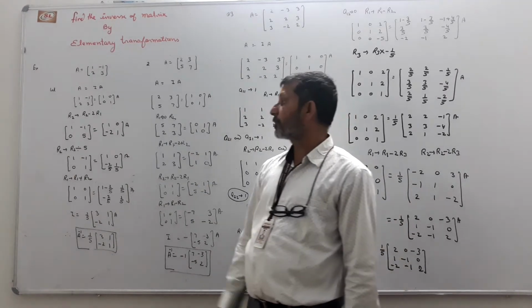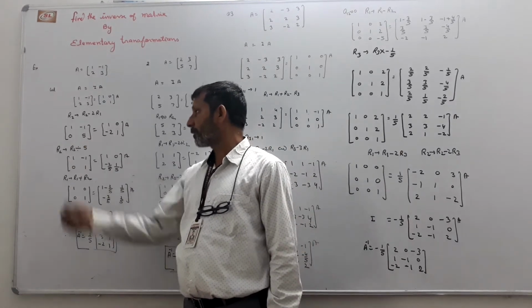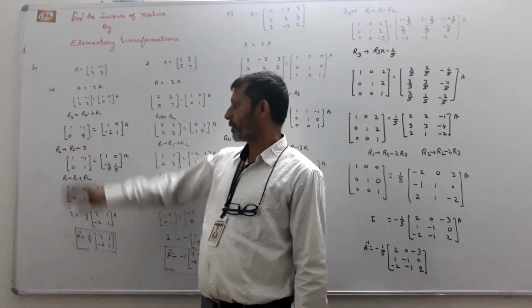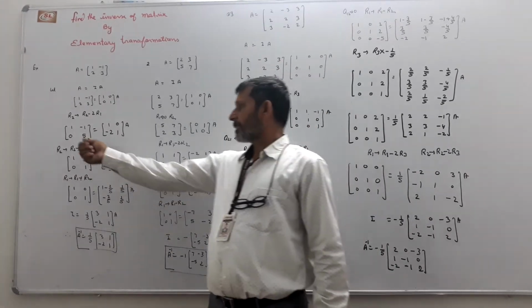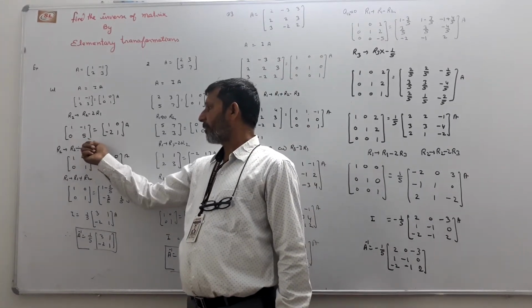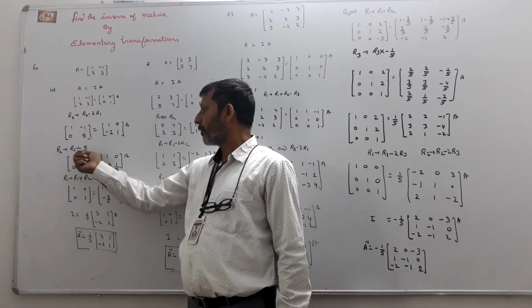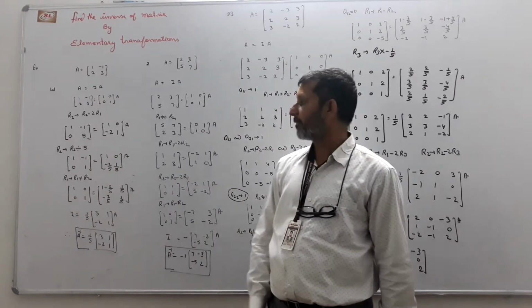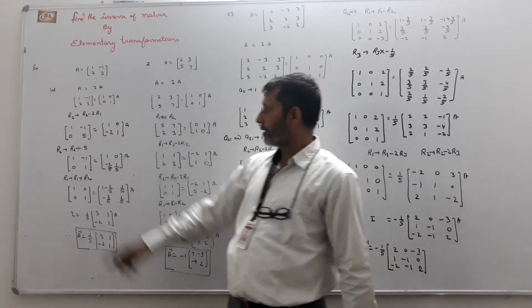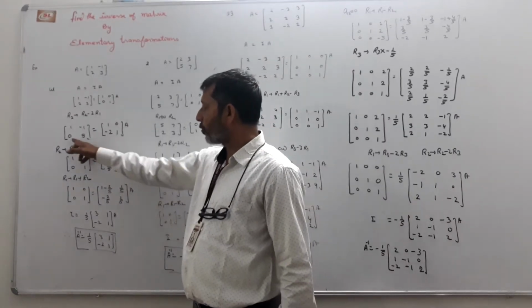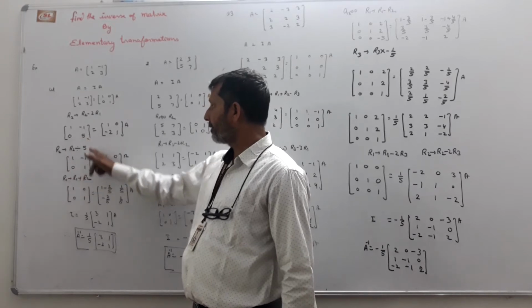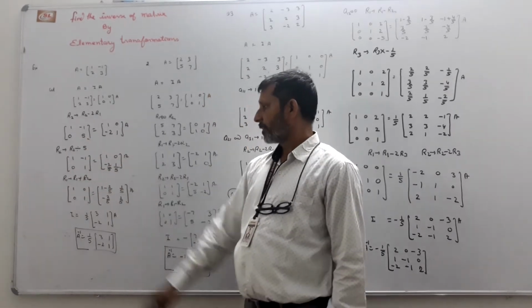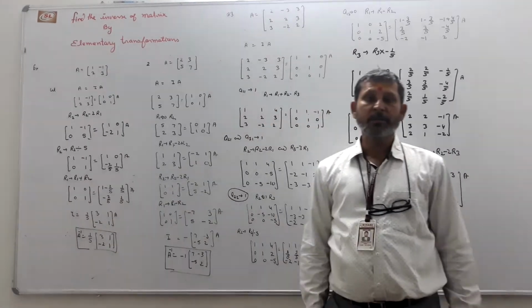After this, we change A22 to 1. How can we change this element to 1? Divide the second row R2 by 5. Again, this operation is applied on both sides, left hand side as well as the right hand side. The first row stays as it is and the second row is divided by 5: 0, 1, -2/5 and 1/5. Now we check that A22 becomes 1.